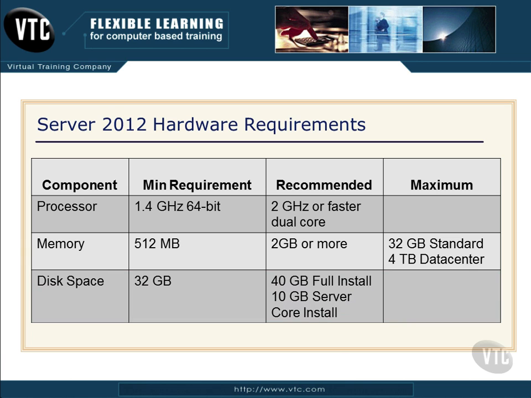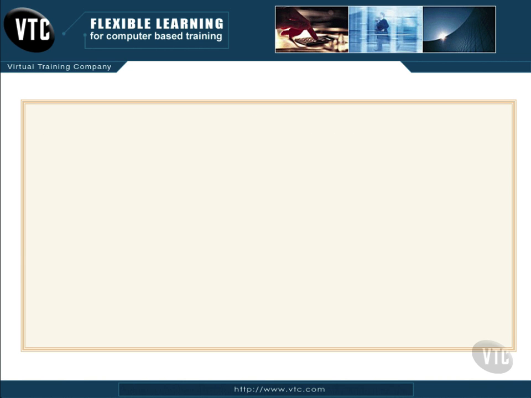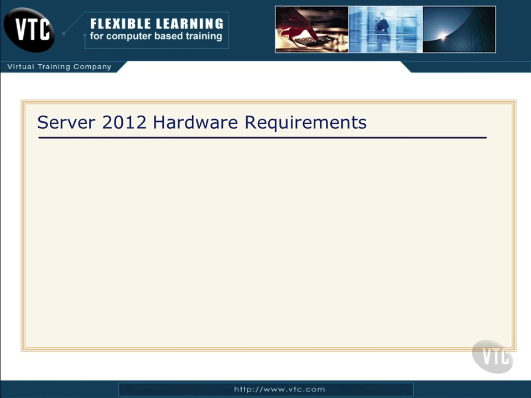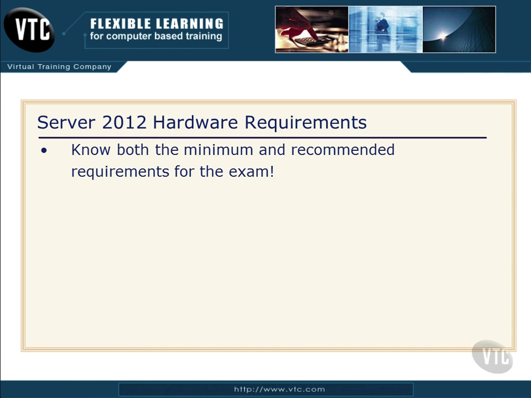Then for disk space, the minimum requirement of disk space to install this and get it running is 32 gigabytes. Microsoft recommends 40 gigabytes for a full install, 10 gigabytes for a Server Core install. Now that's pretty straightforward, not a whole lot to remember there, so just memorize that little table and you should